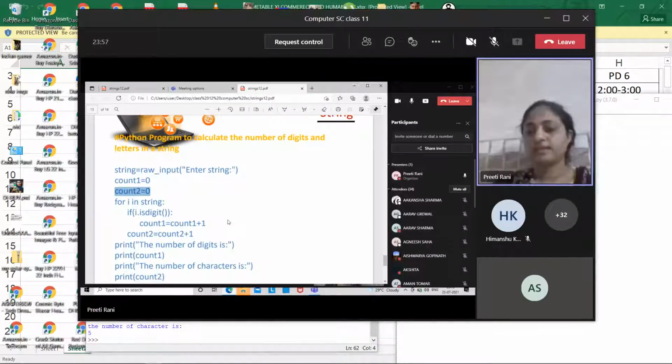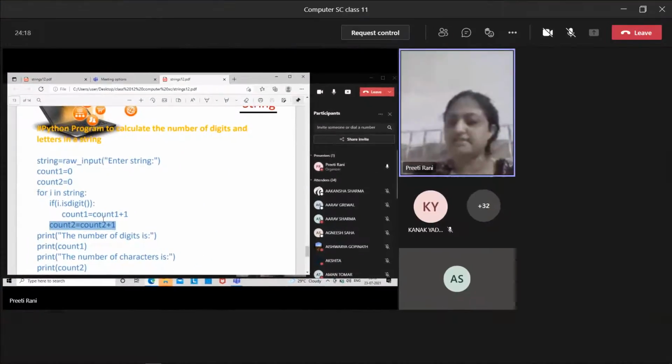Ma'am, how is it differentiating between character and digits? Because we are applying the condition only for the digits. अगर हम digit के लिए condition apply कर रहे हैं, that it is counting only for the count 1. And this is for the otherwise condition. ये otherwise में चला गया. अगर वो digit ही नहीं है, तो otherwise देखो सीधा indentation दिया.